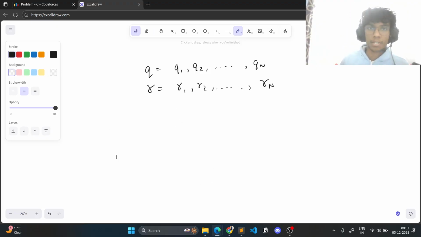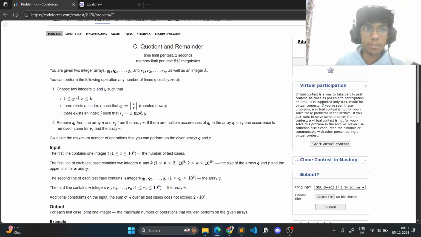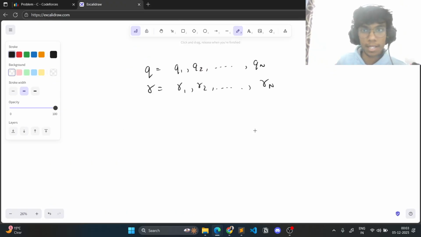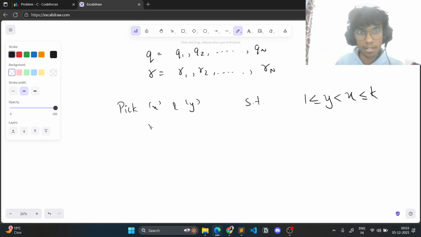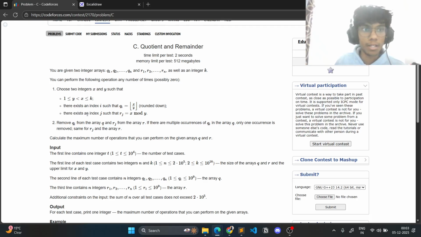So what we need to do is pick two integers x and y such that 1 is less than or equal to y is less than or equal to x, and x is less than or equal to k. This is the condition that must hold,